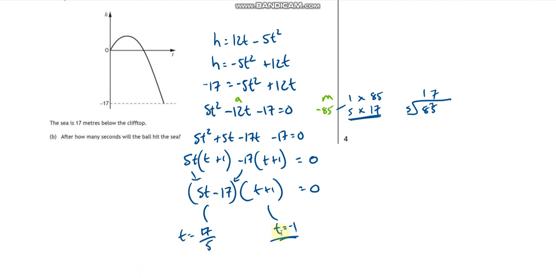Now t equals negative 1 doesn't make any sense, does it? Because time has to be positive, so you can cancel that out and say, well, it's 17 over 5 seconds. Leave it as a fraction, that's fine. That's where the ball is going to be